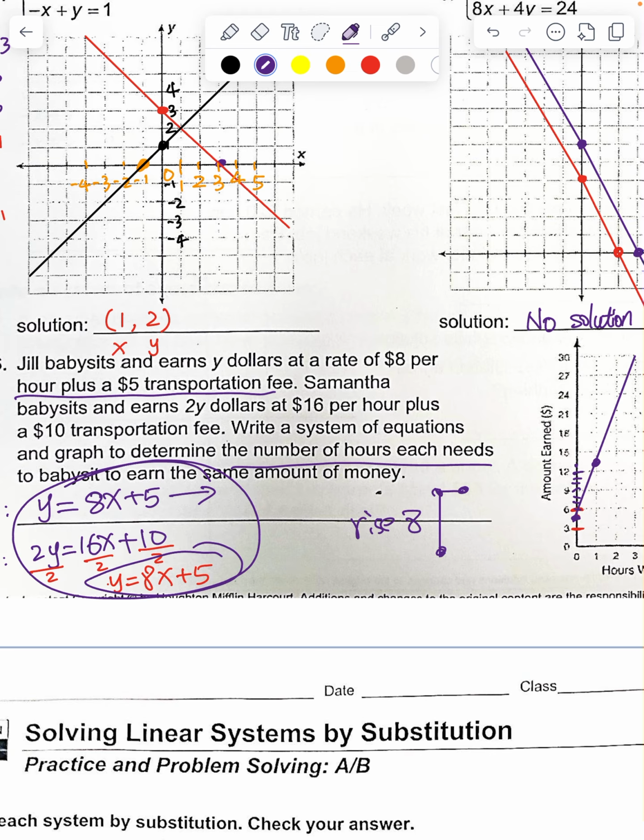They work any hour. So this question is a little bit silly. Write a system of equations and a graph to determine the number of hours each needs to babysit to earn the same amount of money. No matter how many hours they work, they make the same money. Okay. First page is